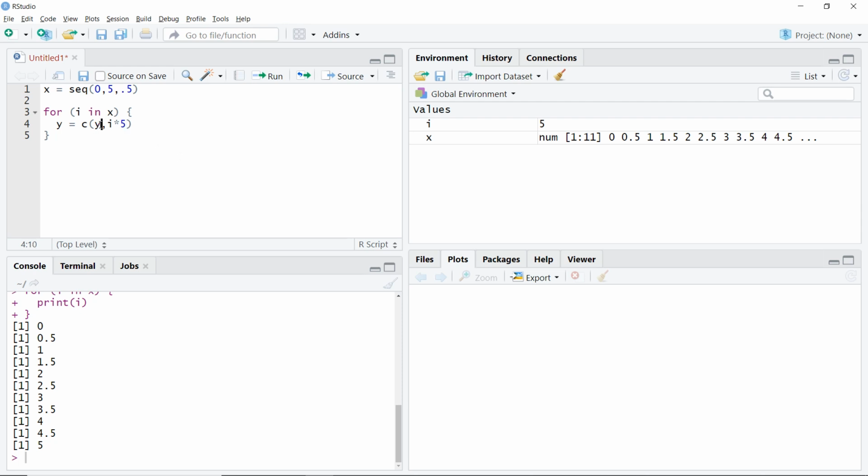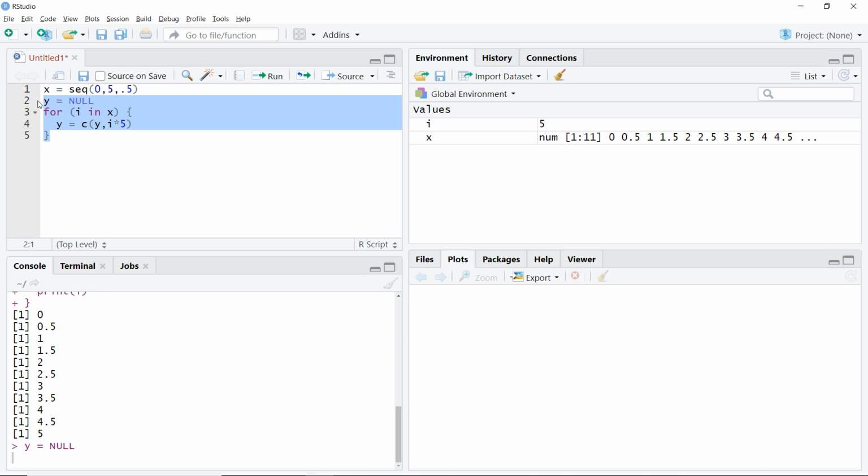Because I am going to use y as the addition of old y plus some value, I'll have to define y here as a null value. So now my y has been defined, and my new y every single time the for loop runs would be my old y, comma, this new value, that would be i into 5.